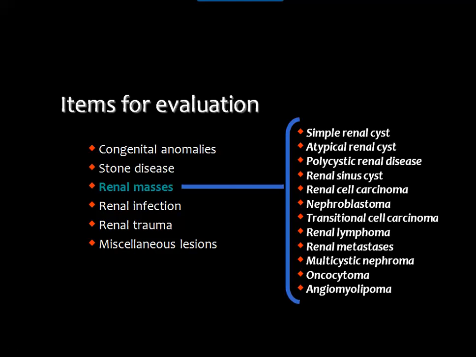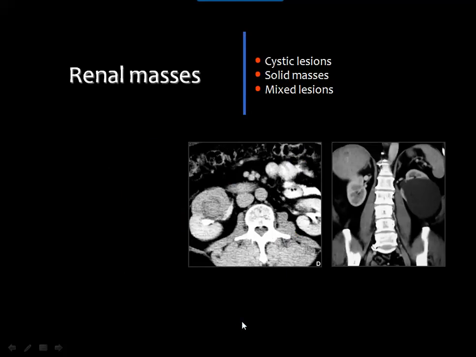Then we came to the major issue, which is the evaluation of renal masses. And you see a lot of lesions. Actually, we will not discuss all these lesions in the first part of the lecture, and I will tackle only the simple renal cyst and the atypical renal cyst, the polycystic disease, infantile and adult, as well as the renal sinus cyst, and I will leave the remaining issues, starting from the renal cell carcinoma, for the second part of this lecture. Then starting with the renal masses,